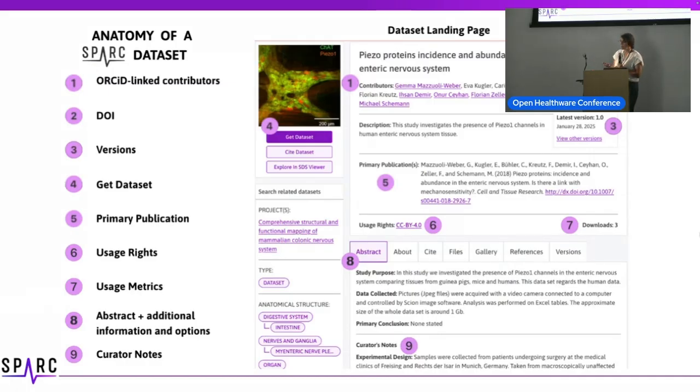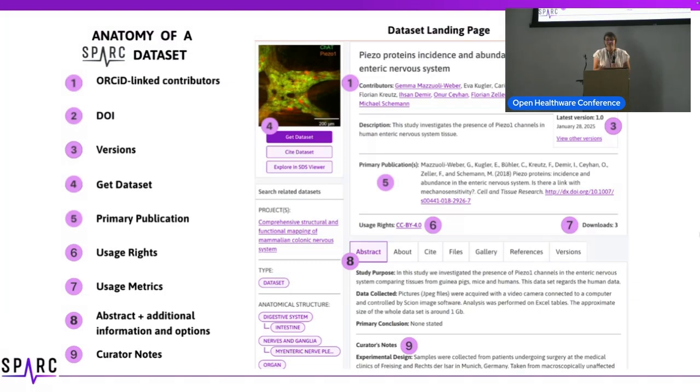We try to make the data presentation beautiful to reflect the effort that goes into every experiment. But the most important things that we think are essential are that you know who created the data and how you can get in touch with them. So all contributors are invited to use their ORCID identifiers so that anybody who wants to establish a collaboration can actually reach out and talk to that person.